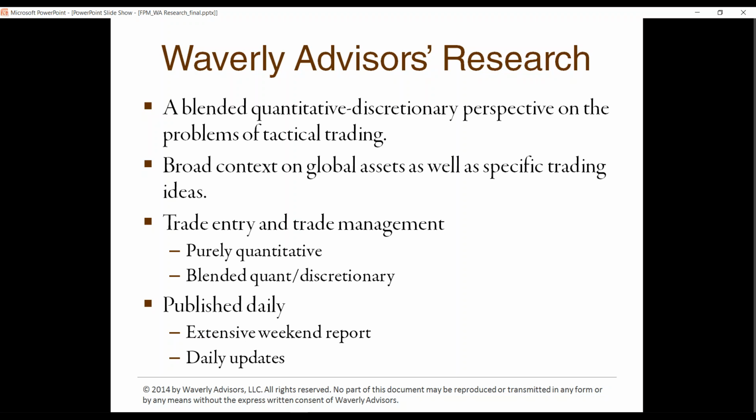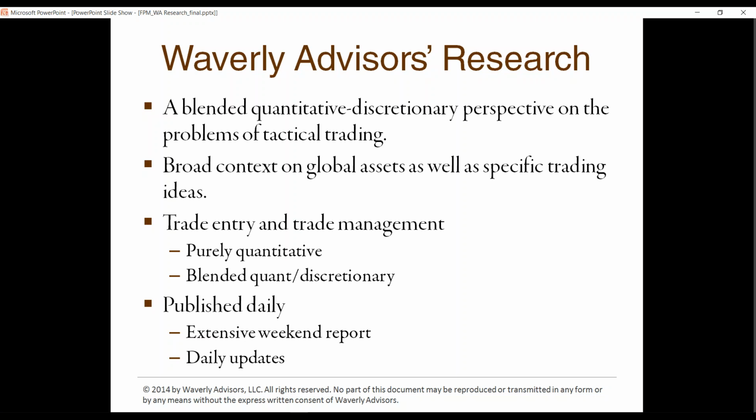We have a number of clients. We serve clients who are institutional, professional money managers, to beginning traders, and we cover the full range. There's also a strong educational component to our work. This is not a black box. We're trying to help you, our clients, to first of all make some money, which is nice, to manage your risk, but also to work toward developing as professional traders.